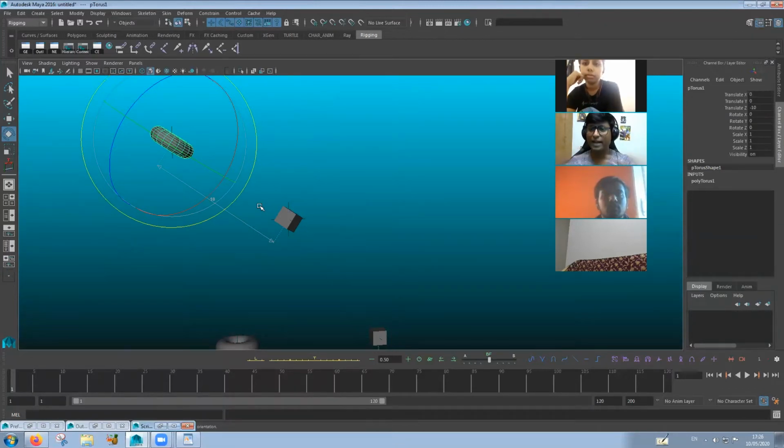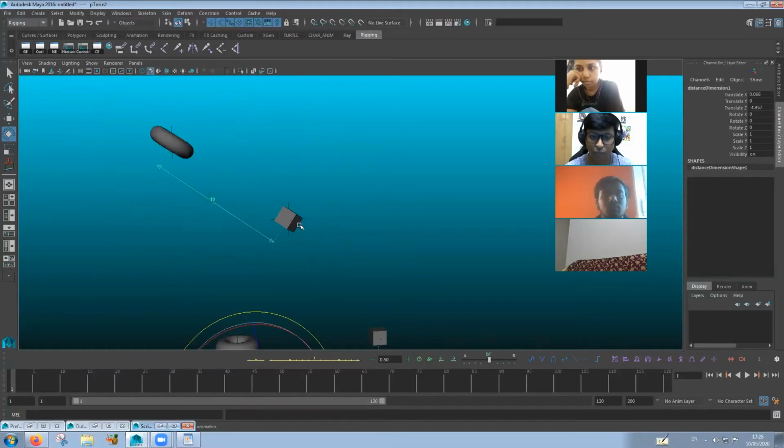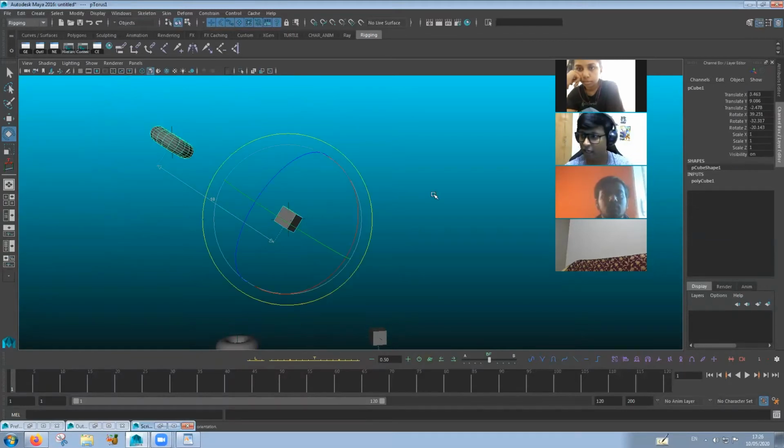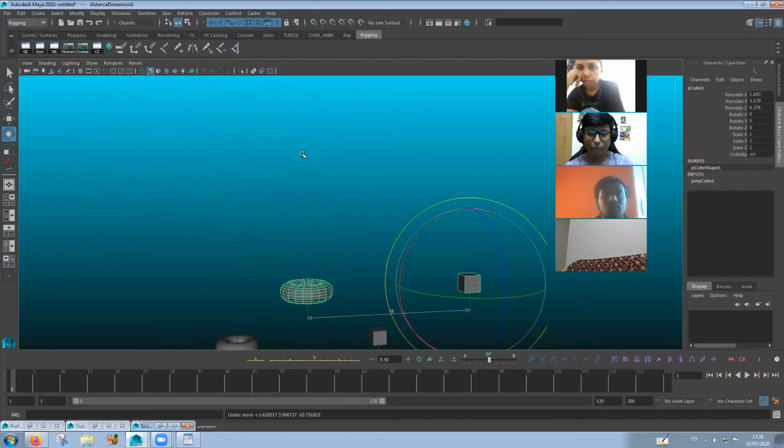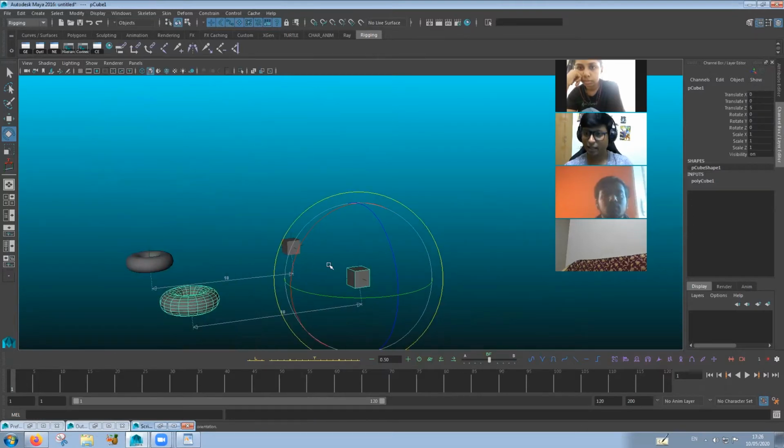So that is what parenting is. That is why whatever we do, for example, even if we switch off the visibility, this will also get switched off. So we have given entire control of the torus to the cube. All right. So that is what simple parenting is. Like if you put it, it will become a part of that object.